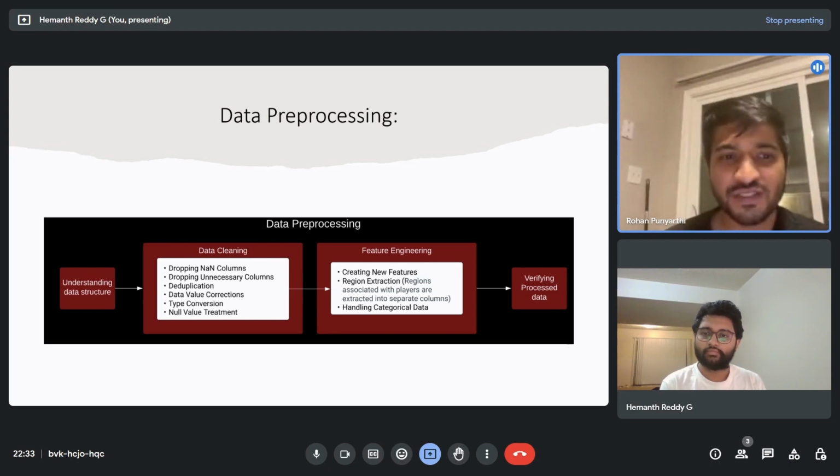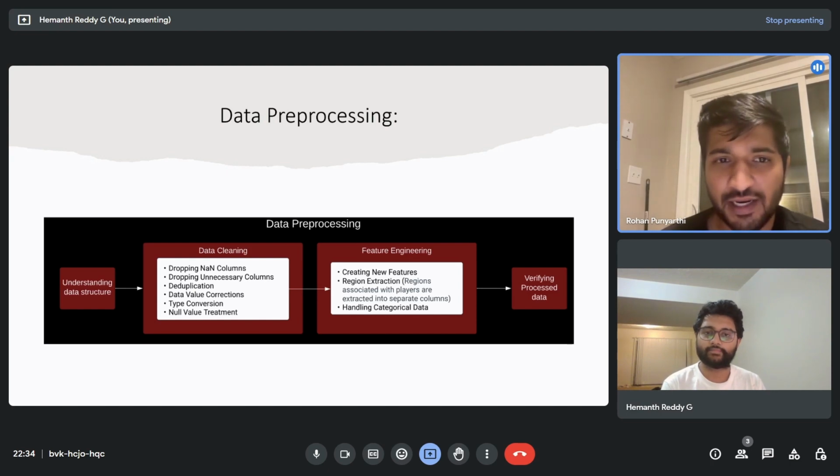drop all the columns which have NaN records. This was followed by removing the duplicate values, and data type conversion from string to float for easy model evaluation. This all leads to the start of feature engineering, which helps us to create new features